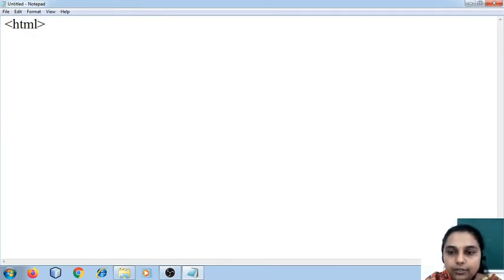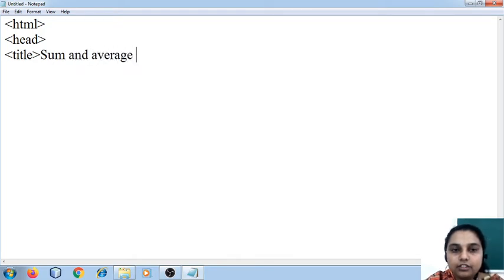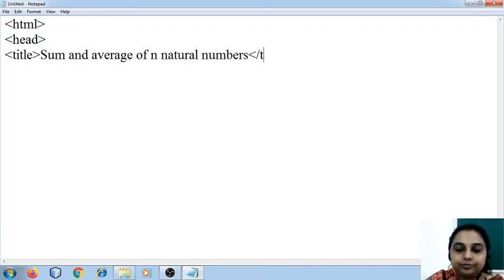Start with the HTML, that is my root element, followed by the head tag. Title I am going to give as sum and average of natural numbers. Close the title tag, close the head tag.